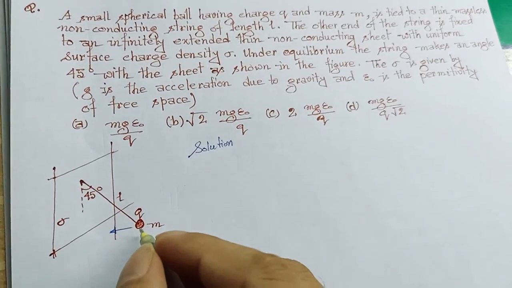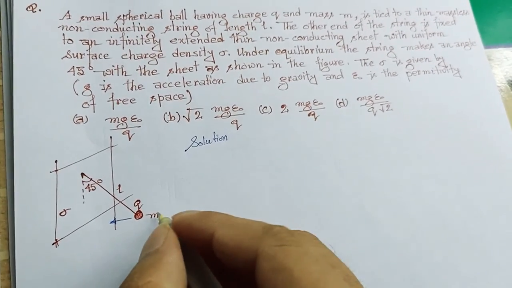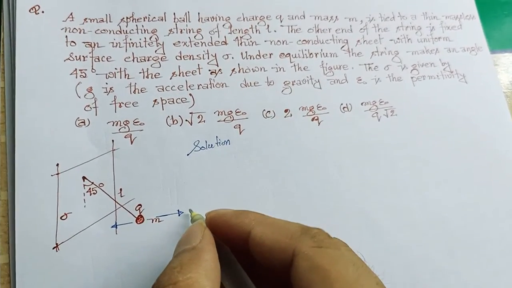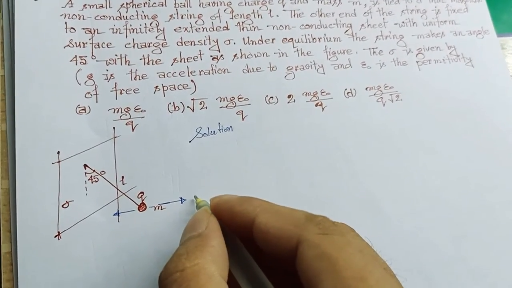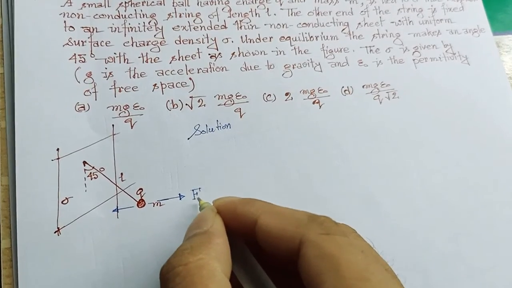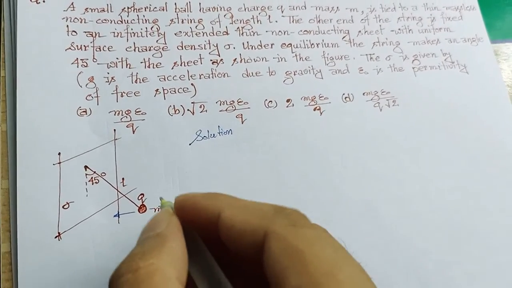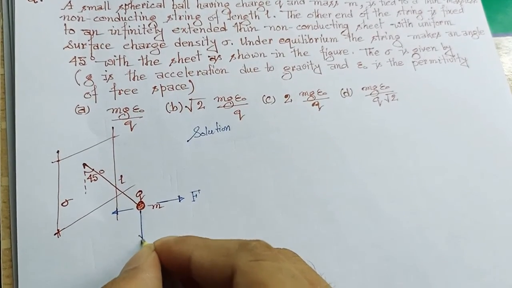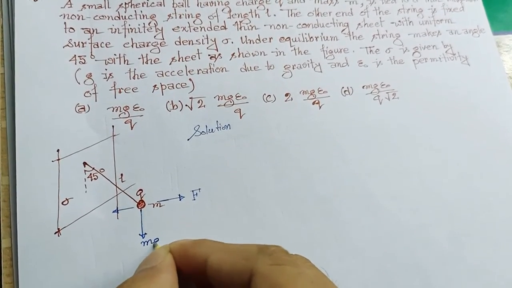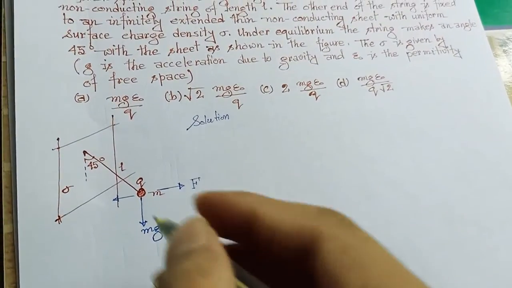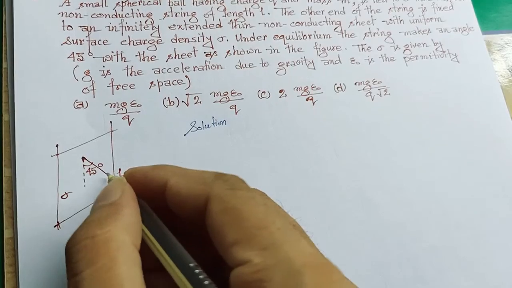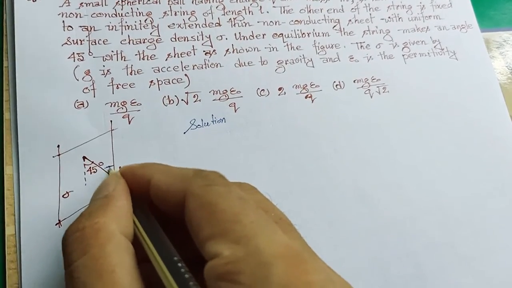Let the magnitude of the electrostatic force be F, and there is mg, the weight of the object. Now if the tension of the string is T, then we can resolve this T